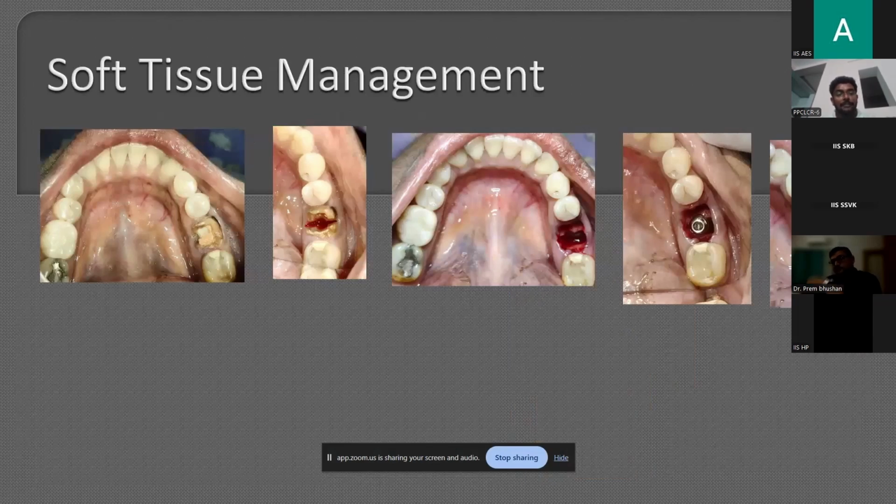And the fourth challenge is the soft tissue management. Especially for posterior teeth, when we extract the teeth, we find that the extraction socket is very big. And if we want to suture it, we have to raise huge flaps in order to suture them. So instead of